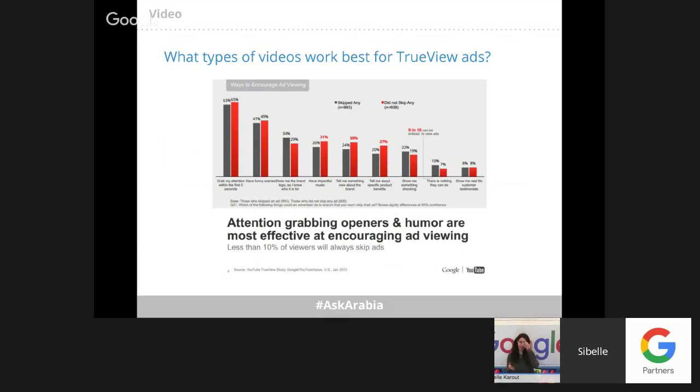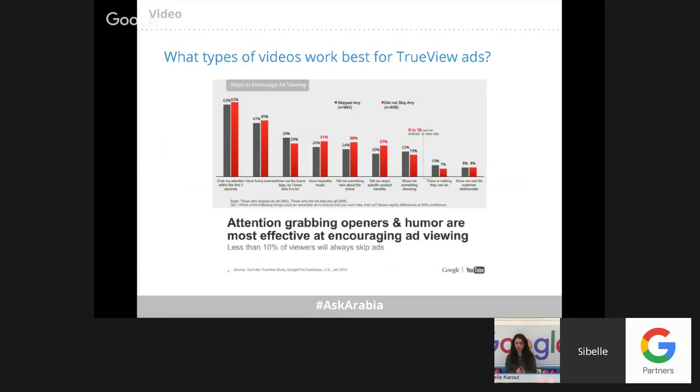We've done a small study, a couple of studies were done, and after comparing the type of video with the amount of people that skipped it versus the amount of people that did not skip it, we noticed that attention-grabbing openers, as I mentioned earlier, the first 5 seconds, and humor are the most effective ad viewing methods.